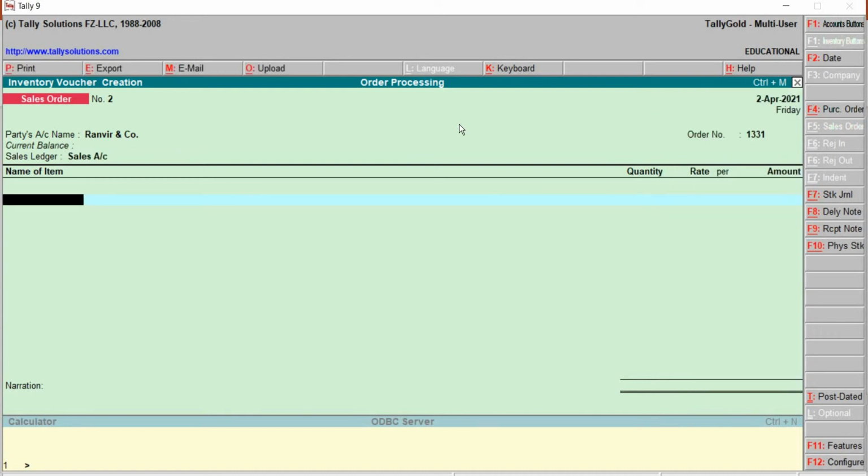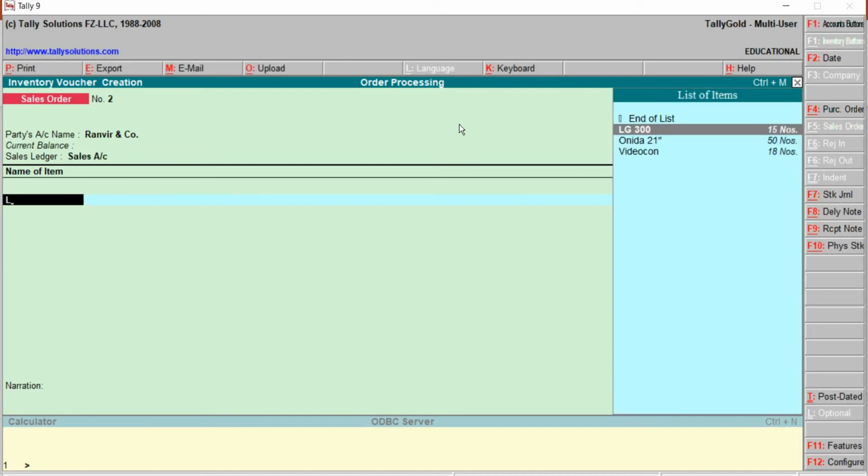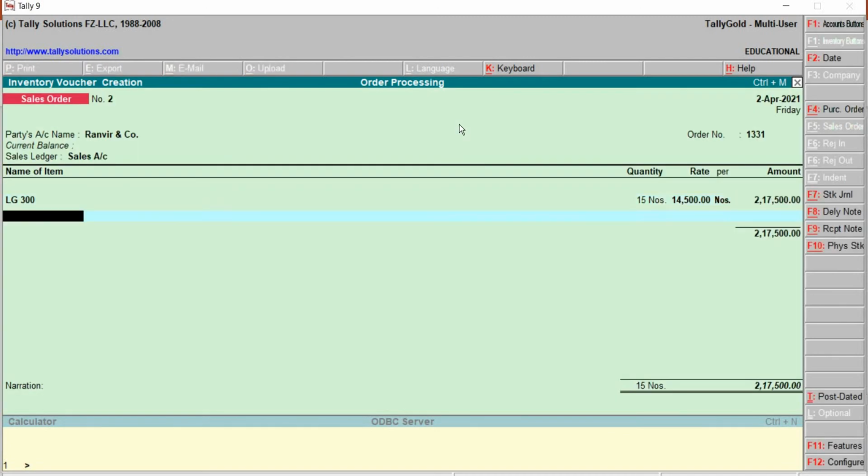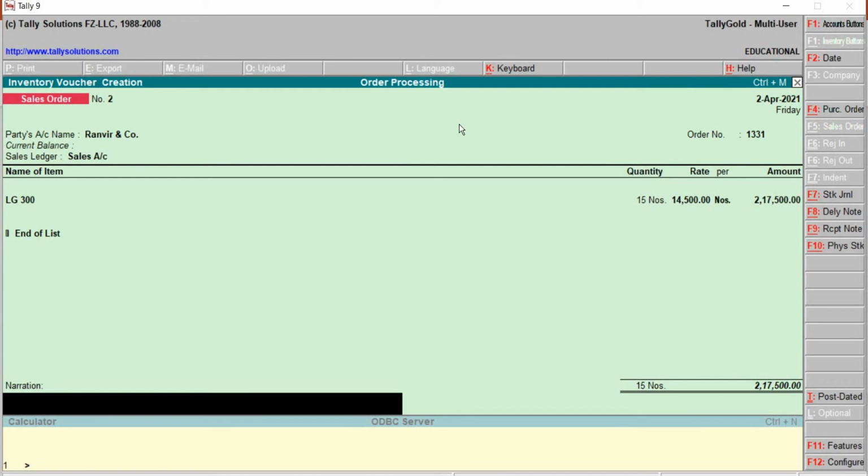Sales account. Name of the item is what? LG. Due is on 2nd of May. Right? Quantity is 15. Selling price 14,500. Then later write the narration, save.